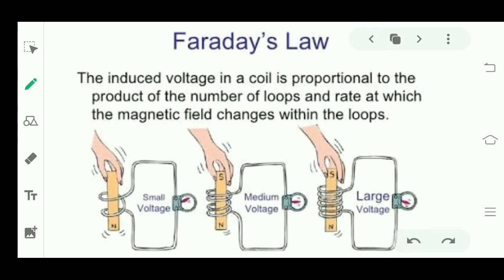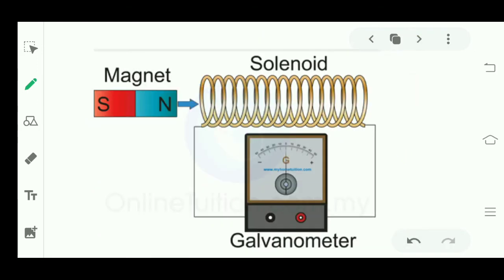You will get to know with the help of an instrument, the galvanometer. What does the galvanometer do? It tells us the direction of electric current, whether the electric current is here or not. The galvanometer tells us the presence of current, whether current is present here or not. That is known by the galvanometer.